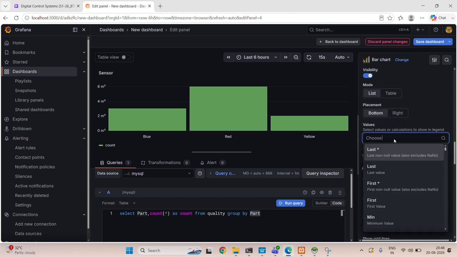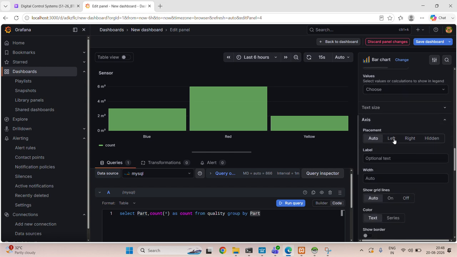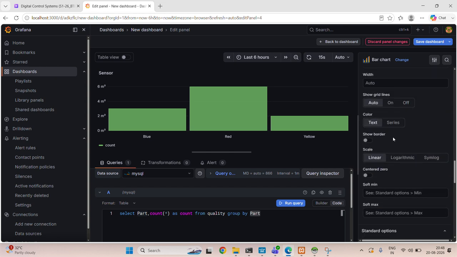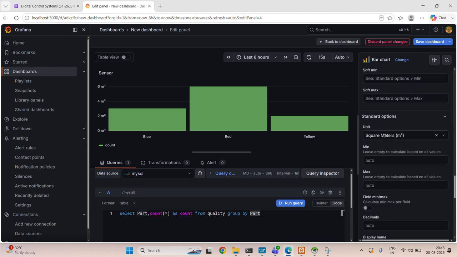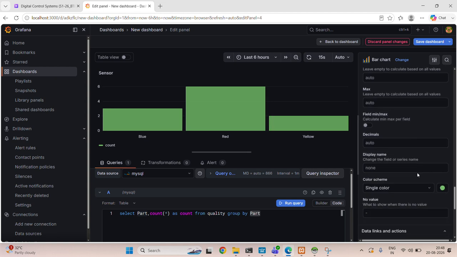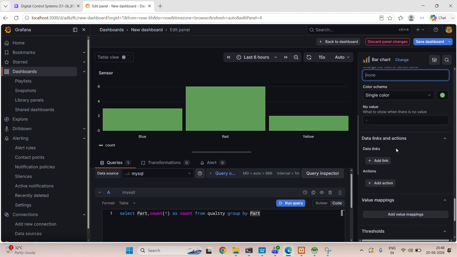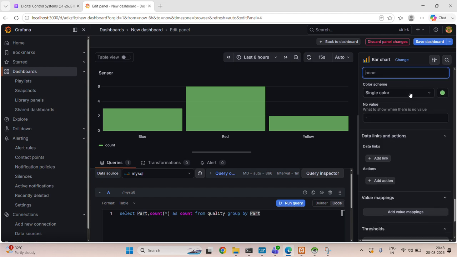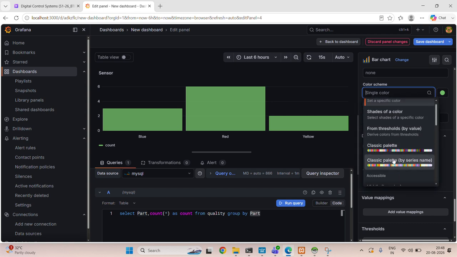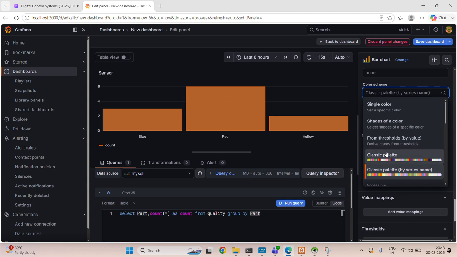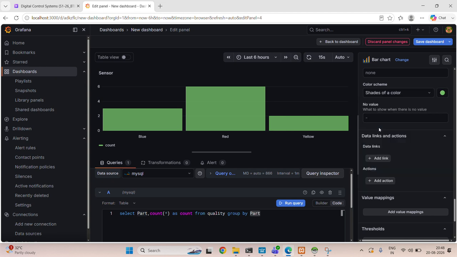Then you can see unit is selected. So I'll delete this. Display name you can add. Now color scheme is single color. So you are seeing the green color for all of them. You can choose